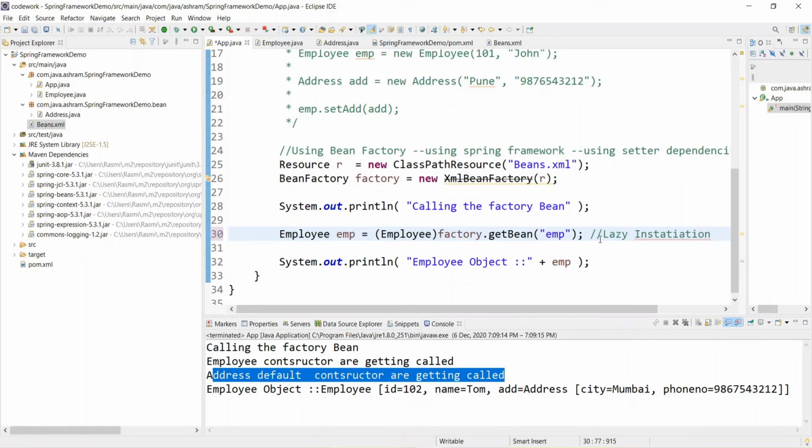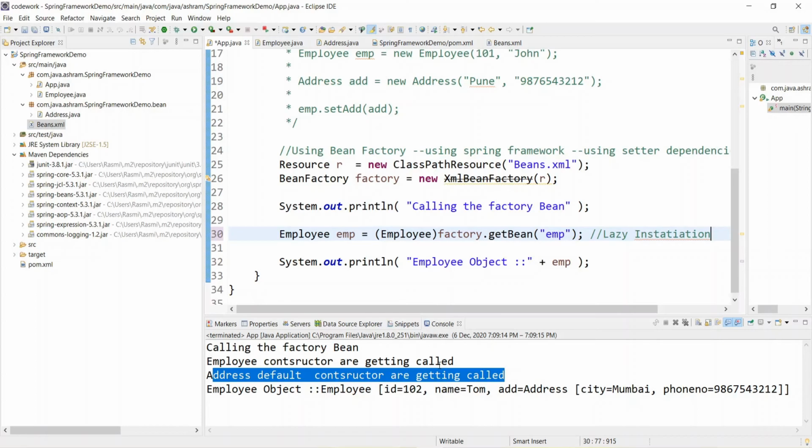It means whenever you are using the XML bean factory in the Spring framework, it uses lazy instantiation. Whenever you demand any bean object, only at that time is the object made by the IOC, and only then are the constructors getting called.